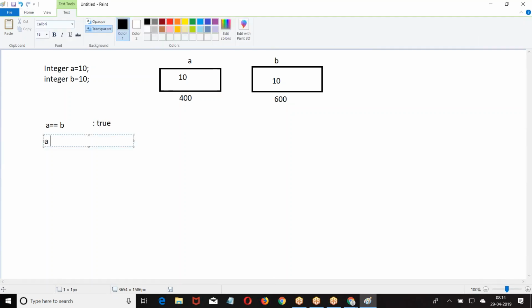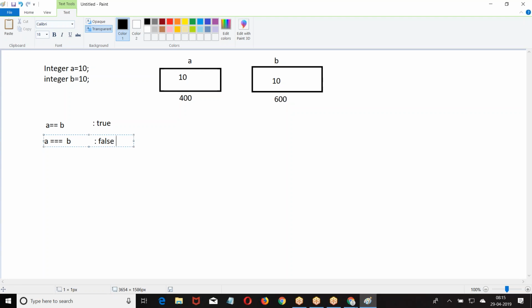When I give A triple equal to B, this is false. When I say A triple equal to B, they will not check the value, they check the locations. But what is the location of A? At 400. Location of B, 600. So they don't check the values, they check the locations. If the location of both the values is the same, then it is true.